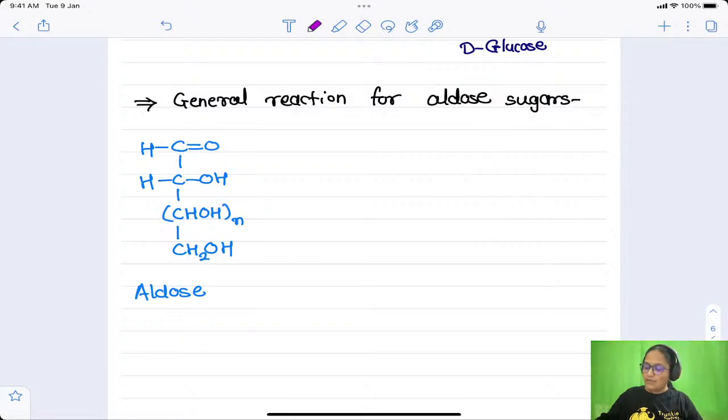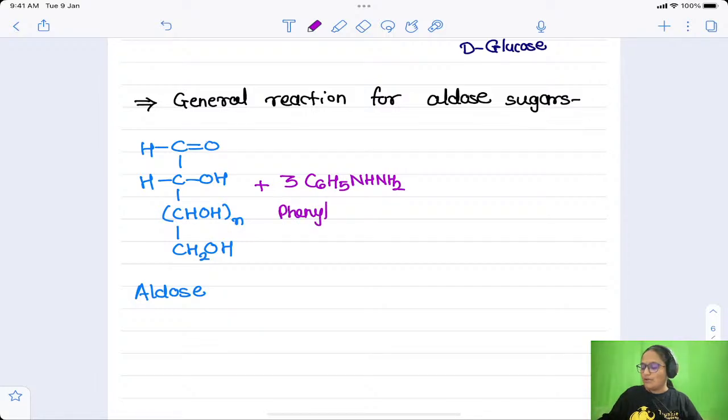But no matter whether it is aldohexose, aldopentose or aldoheptose, always 3 phenylhydrazine molecules, C6H5NHNH2, will be required for an aldose sugar. If it is a ketose then a different number will be required. Then what will be the product for this reaction? So after this we are getting,